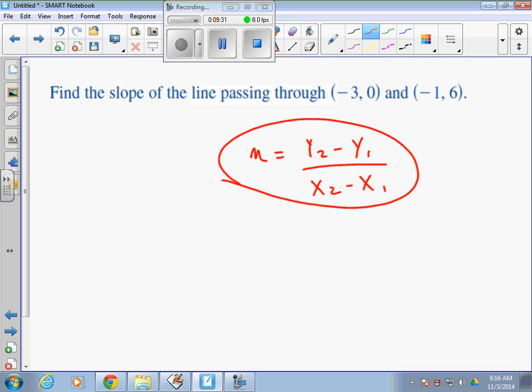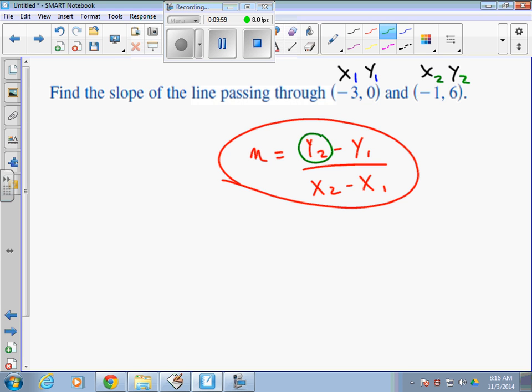Okay, we have y sub 2 minus y sub 1. First thing you want to do is on top of it, write x, y, x, y. Notice there's no distinction in the x's yet. When you say that this is point number 1, now that's sub 1 for both of those. When you say that this one over here is point number 2, now that's sub 2 for both of those. So now just plug in the